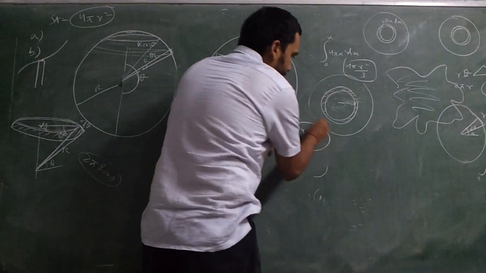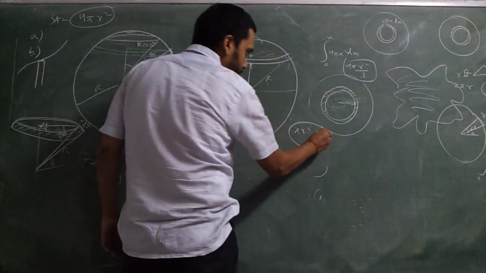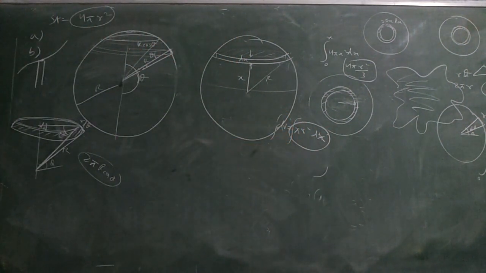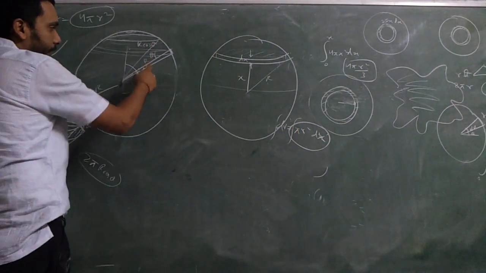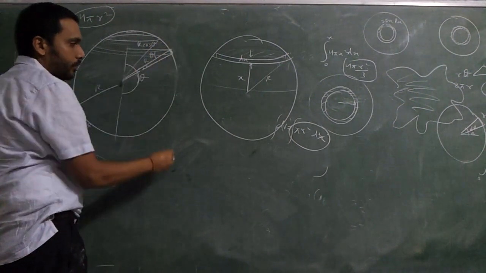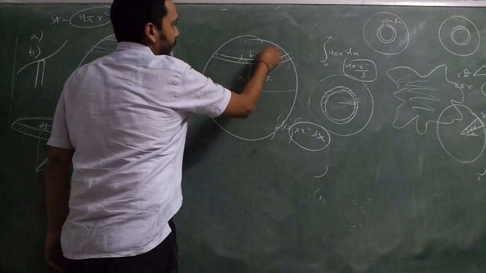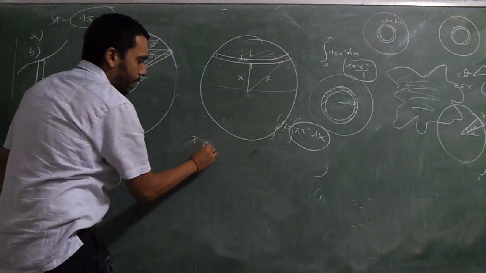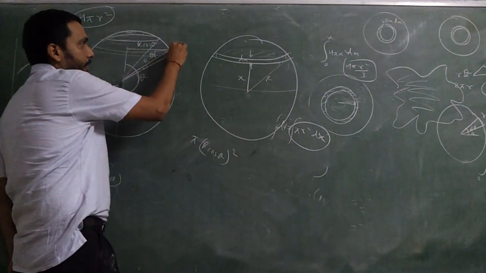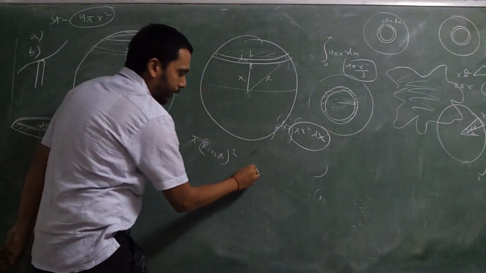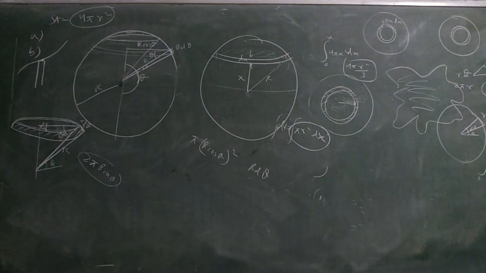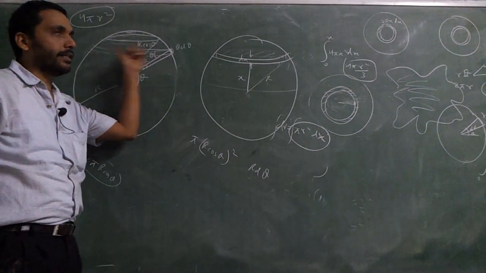This is the area, this is the volume. Integration of this will give you the answer straight away. But if I do with d theta and say the same logic, this is r, this angle is theta, so this radius is r cos theta, hence this area is pi r cos theta the whole square into, this length is r d theta, so into r d theta is the volume. Is it right? This is wrong now, because slant length into the base area is not the volume.